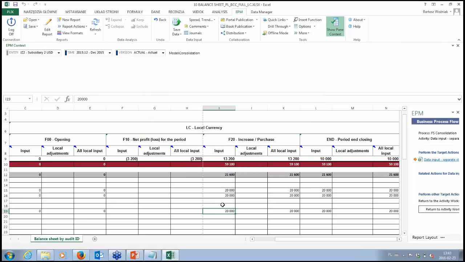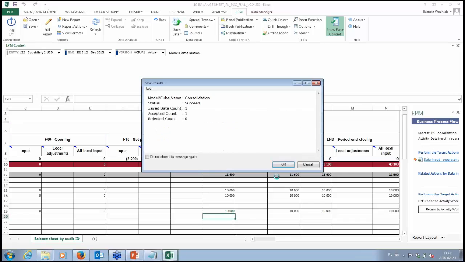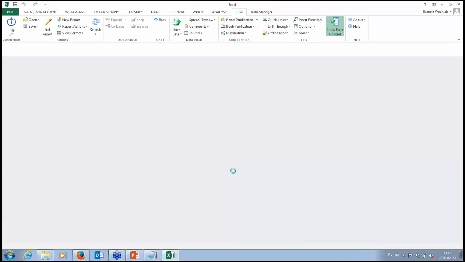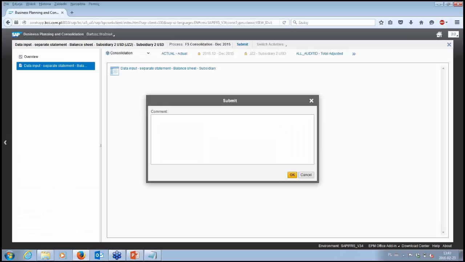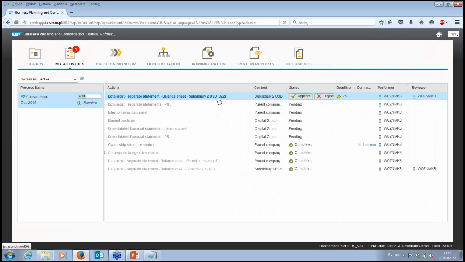I would just revert this task to get the final result right, and also to get the consistency between assets and liabilities. Okay, and we can submit this, so we already have all individual data inputs in the system. I also have reviewer activities for this step.